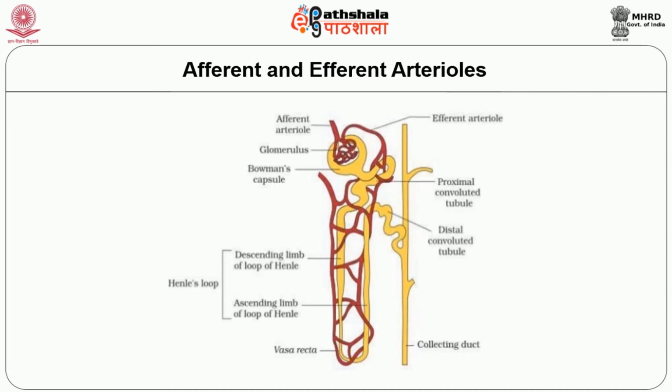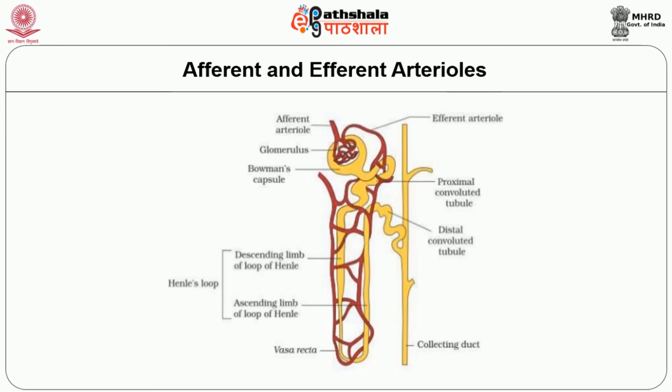The afferent arterioles enter the Bowman's capsule and divide into 4 or 5 large capillaries. Each large capillary further divides and forms the glomerular capillary tuft or loops. The capillary loops unite to form the efferent arteriole, which emerges out of the Bowman's capsule. The efferent arterioles form a second layer of capillary network called peritubular capillaries, which surround the tubular portions of the nephron. The renal circulation forms a portal system with 2 sets of capillaries, namely the glomerular capillaries and the peritubular capillaries.